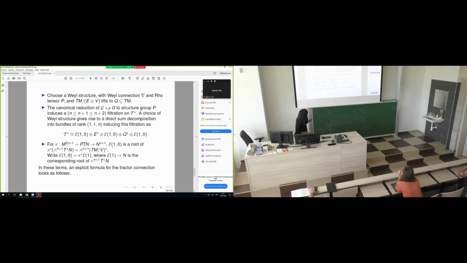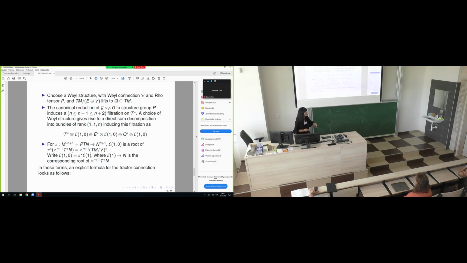And the decomposition components are E^{10}, this line bundle, and this rank n bundle. And we know what E and Q are, where E^{10} is a density bundle that is an (n+2)-th root of